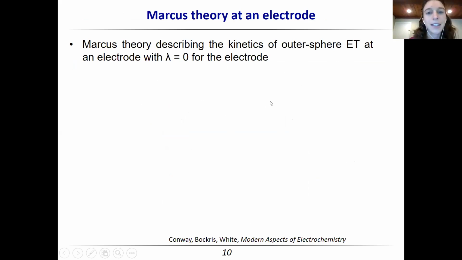Okay, last class you talked about Marcus theory, and especially in the case of outer sphere electron transfer, Marcus theory actually works really well in describing the kinetics of electron transfer. Remember there was this solvent reorganization term in the Marcus equation, and at an electrode you can approximate it pretty well as zero, which is a little bit intuitive in that you have this solid that is not solvated in the sense that a molecule in solution is, but it's cool that it works out that nicely.